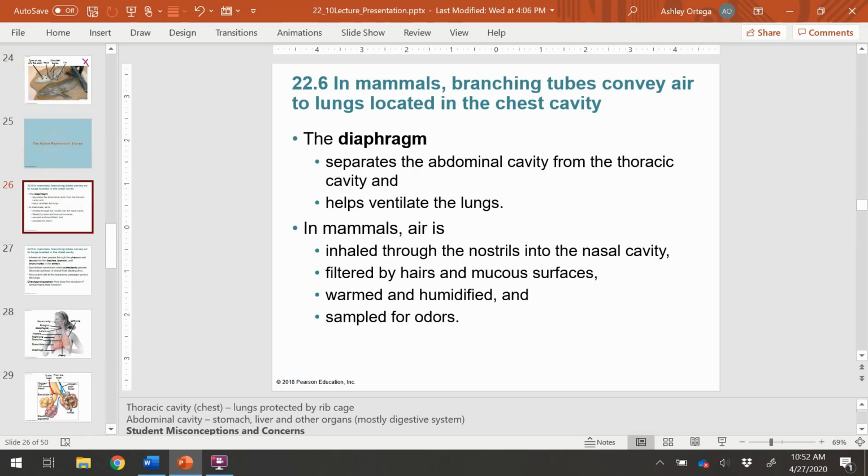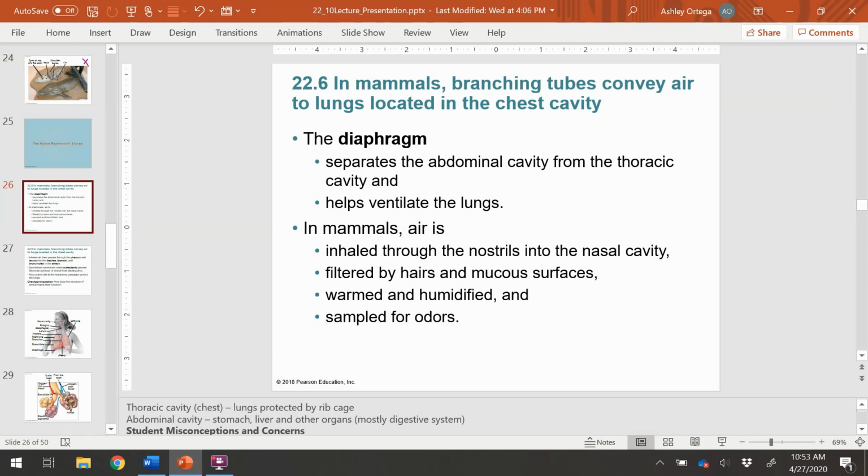Those musicians out there are probably very familiar with the diaphragm and how using your diaphragm will help with singing. But for those that are not musically inclined, the diaphragm is going to be a tissue and muscle that's going to separate the abdominal cavity from the thoracic cavity, essentially between the lungs and the abdomen cavity. And so this will help actually move and ventilate the lungs. And so the structure is very, very important.